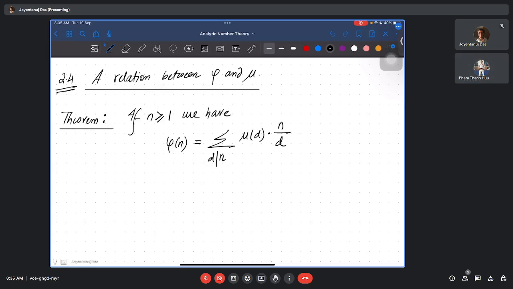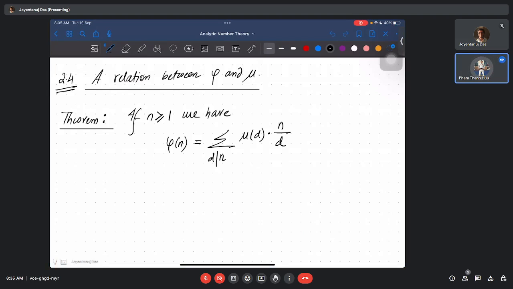We define the two functions, right? The mu function and the phi function. In this theorem, we'll see the relation between the two of them. Phi equal to minus 1 power k, that is mu. And phi equal to